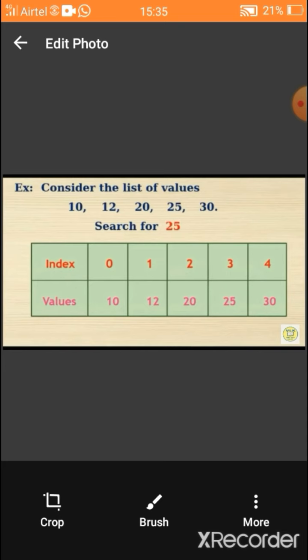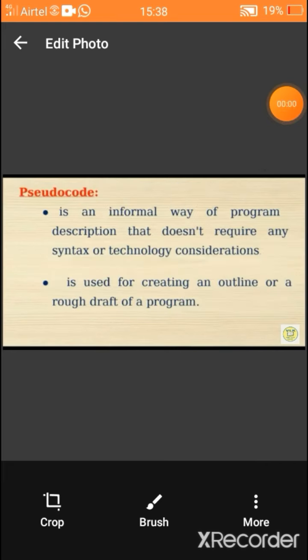So now let's see how the search technique is used in a linear search. The definition: it is the definition for pseudocode. A pseudocode is an informal way of program description that doesn't require any syntax or technology considerations.